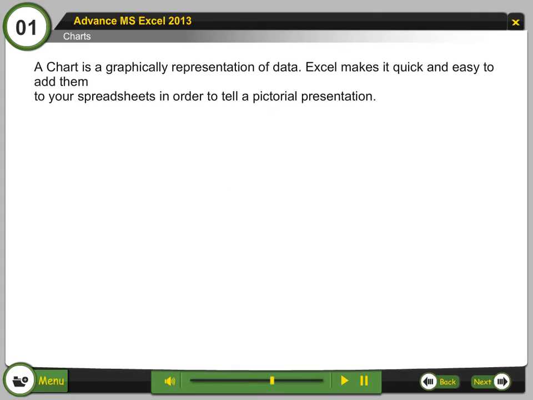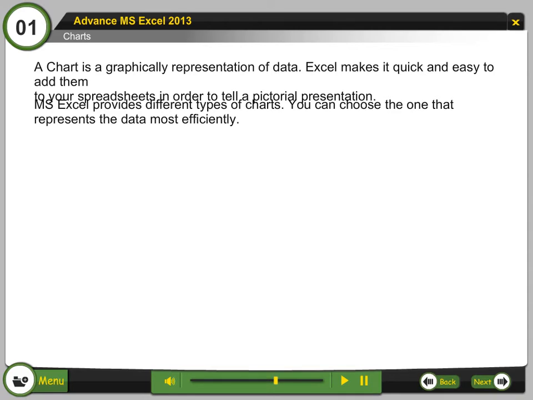Charts. A chart is a graphical representation of data. Excel makes it quick and easy to add them to your spreadsheets in order to give a pictorial presentation. MS Excel provides different types of charts. You can choose the one that represents the data most efficiently.